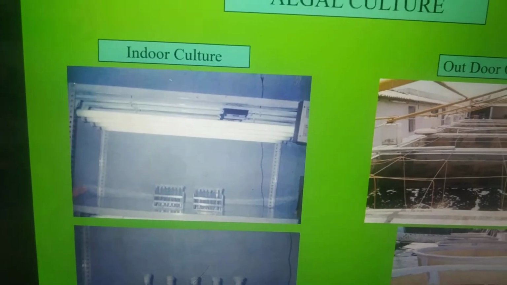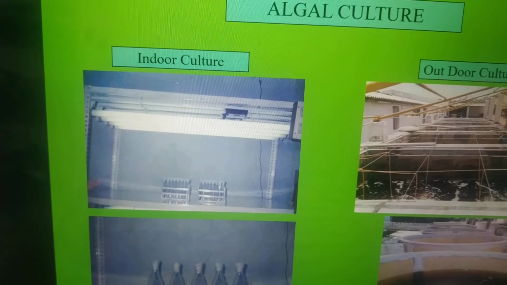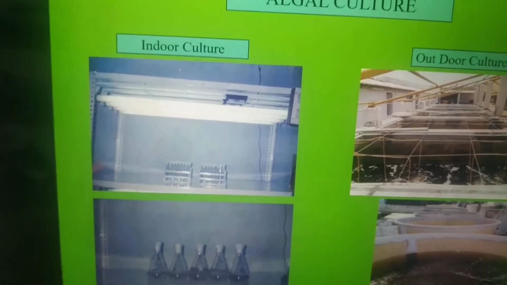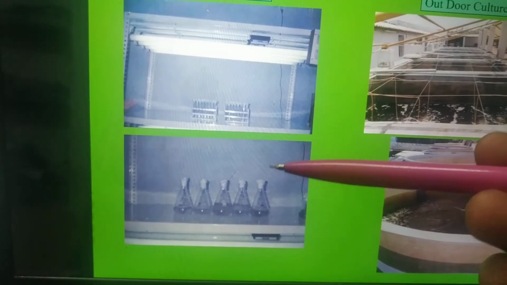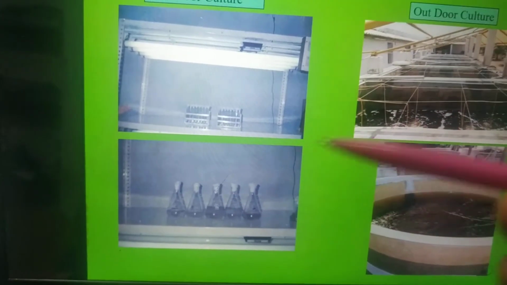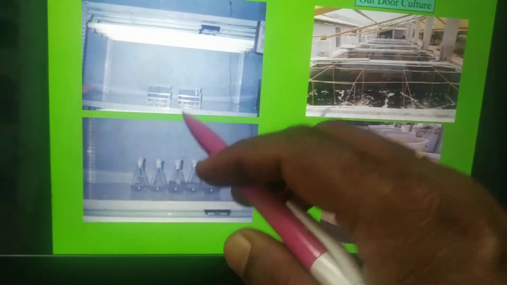And this is the live feed culture area. We are feeding larvae with algae, microalgae. This is indoor culture, small culture, and this is a little bit high. We call it a stock culture. Then outdoor. So this indoor culture is not producing much amount, so you are going for the outdoor culture. Outdoor culture is either in open or it is also indoor, within a roof, right here. But this will be practiced in an air-conditioned room.